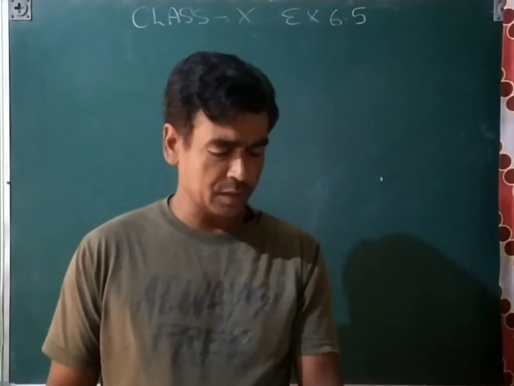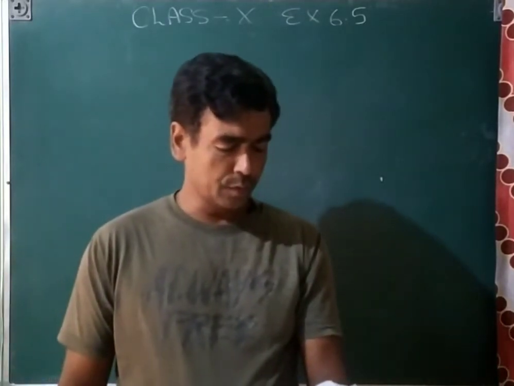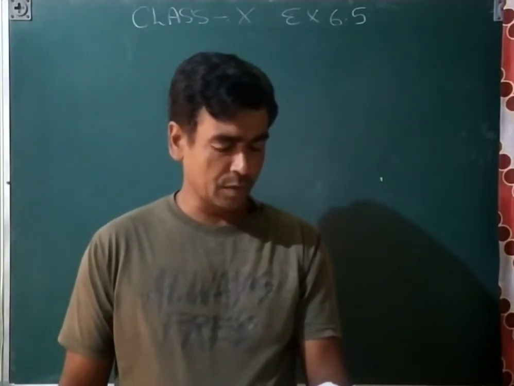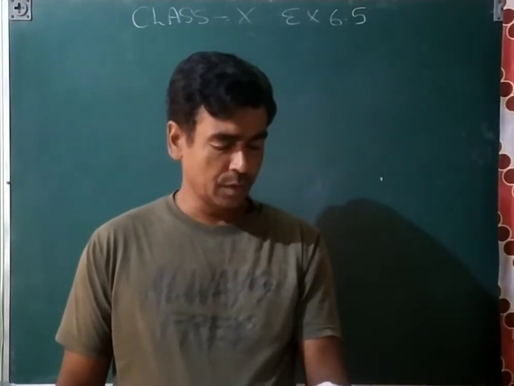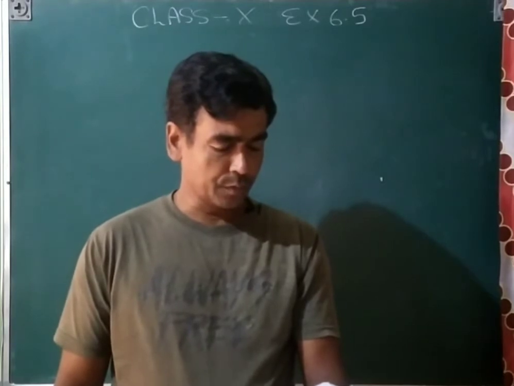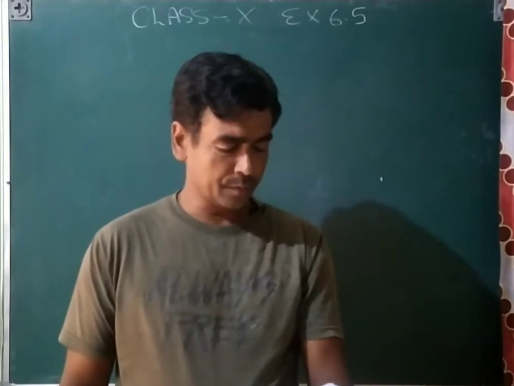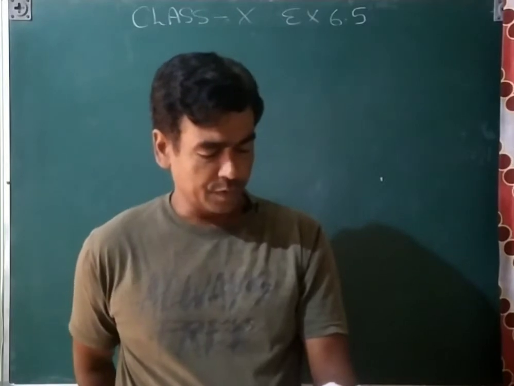So the first one is yes, because 25 square is equal to 7 square plus 24 square. So the hypotenuse is the longest side, 25. Second is no, because 8 square is not equal to 3 square plus 6 square. Third is also no. Fourth is yes, 13 square is equal to 12 square plus 5 square, and the hypotenuse is 13.